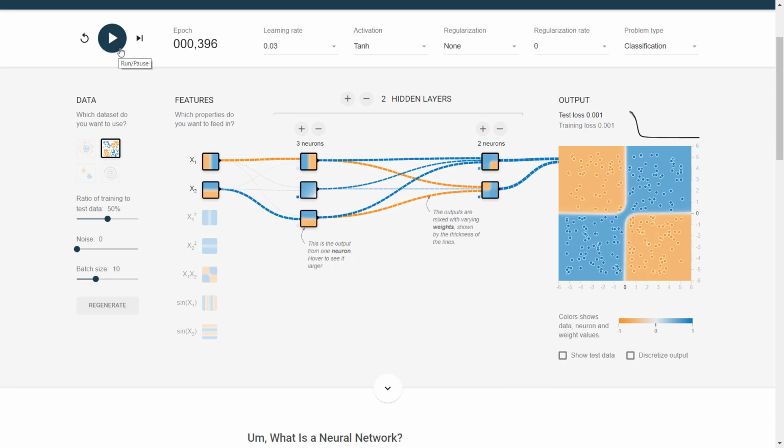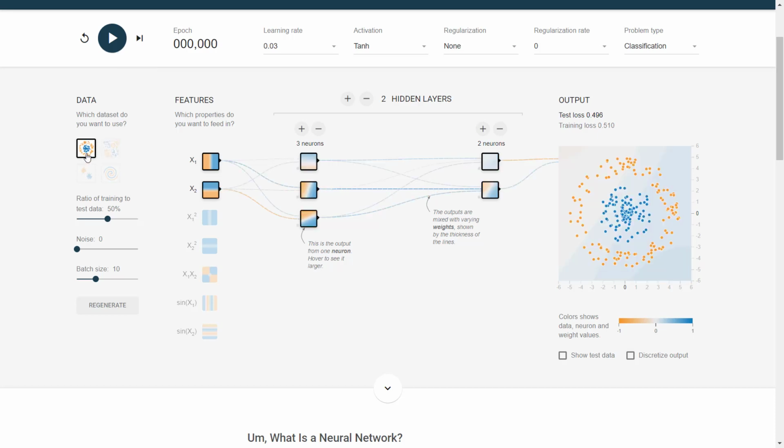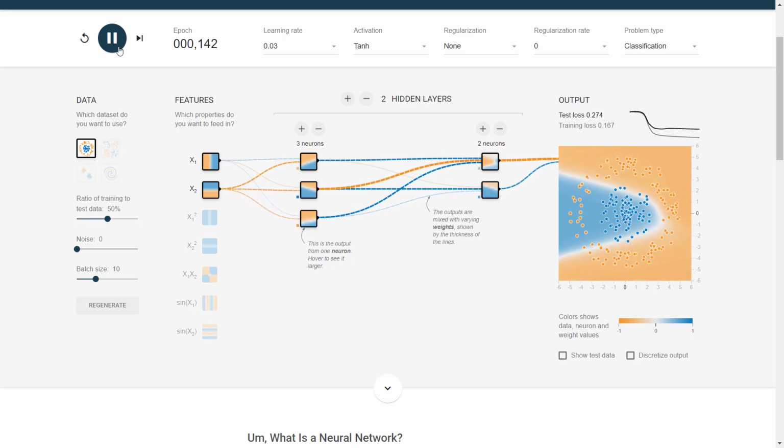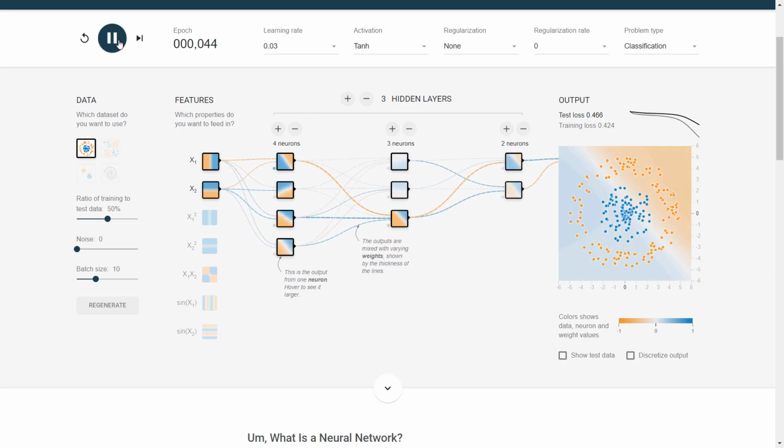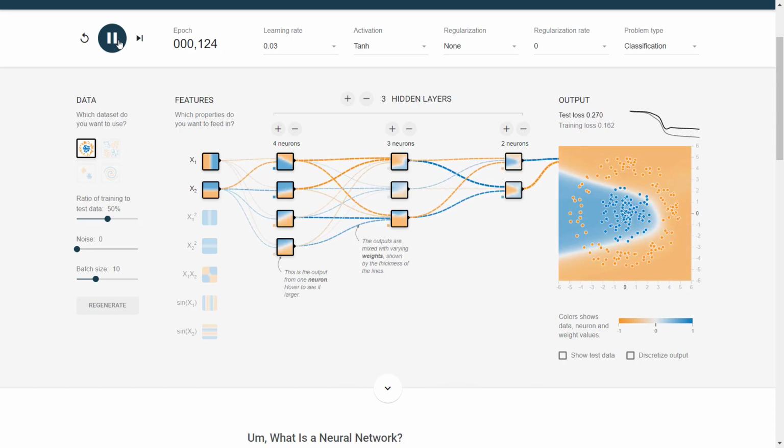Let's see if this network is good enough to handle also this dataset. Not so much. Maybe if we add another layer and increase these layers, we will get better results.